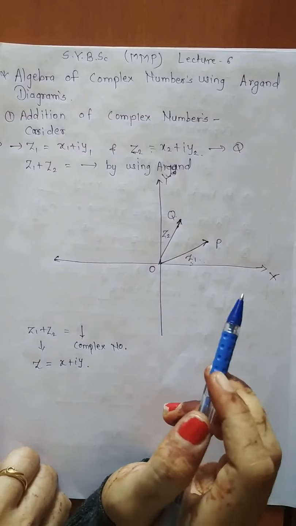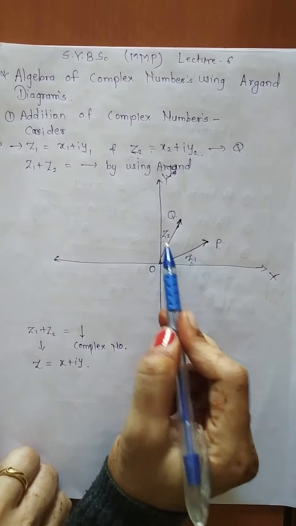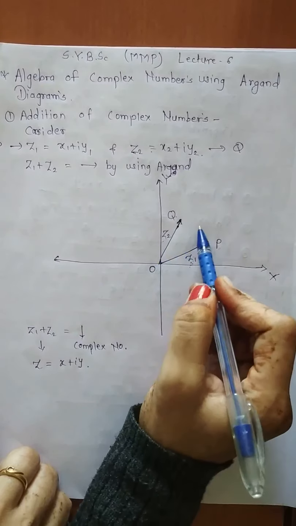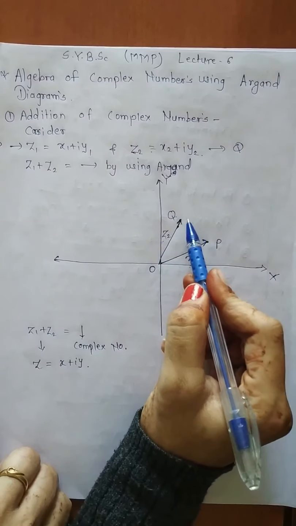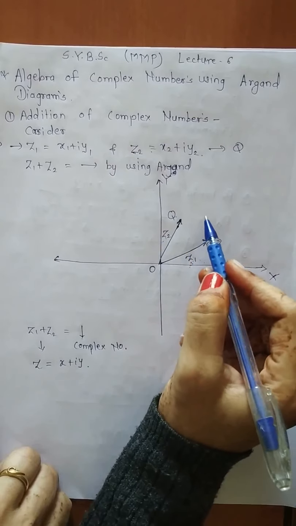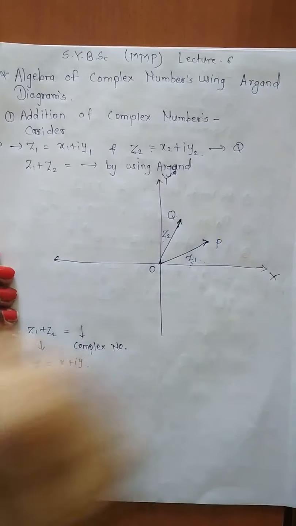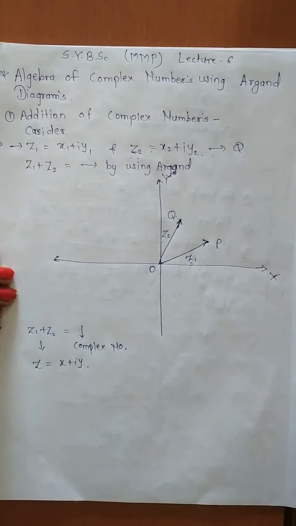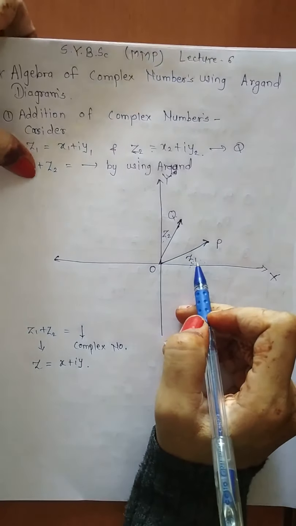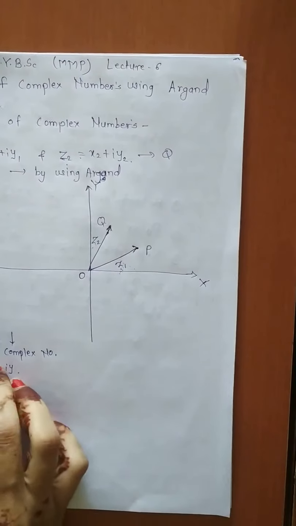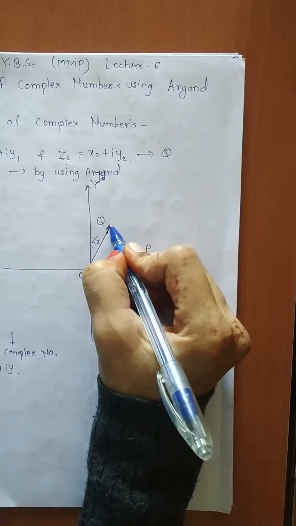What does it tell us? It tells us that if Z1 bar and Z2 bar are 2 vectors, then the addition of these 2 vectors is given by the diagonal formed by these 2 vectors of the parallelogram through their common point. This means first I have to construct the parallelogram. Now how will we construct the parallelogram? I have to draw a vector parallel to Z1. Let's say I am going to draw a vector which is parallel to Z1 over here.